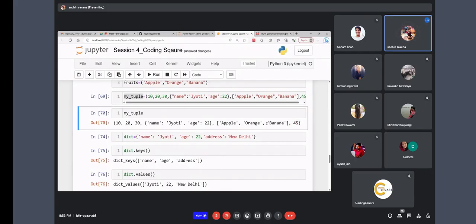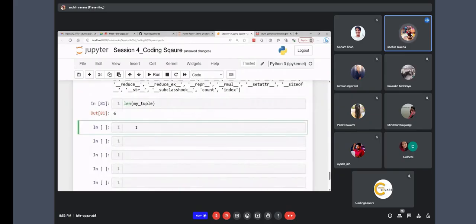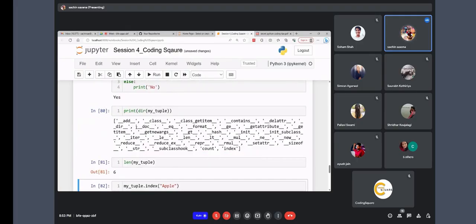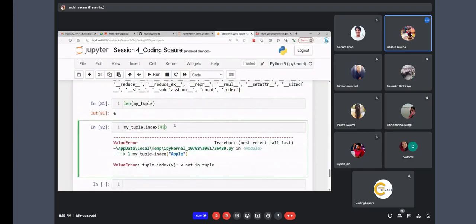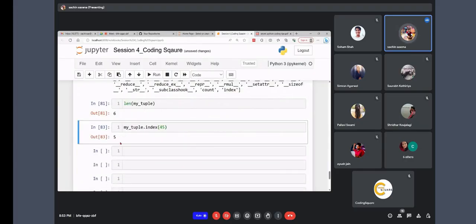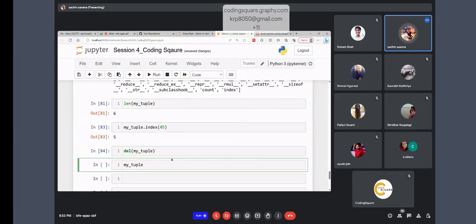All right. If you want to check the address value, suppose I am going to check this index. Within the index, I want to check the tuple value here. It is not there. Okay, let's say 45. Can you see? It's giving 5. It's stored at the last place, so we have index number 5 there, right? If you want to delete this value,